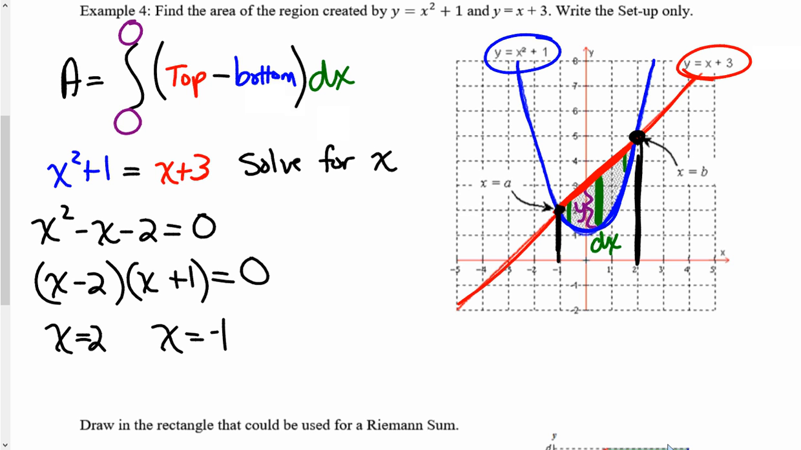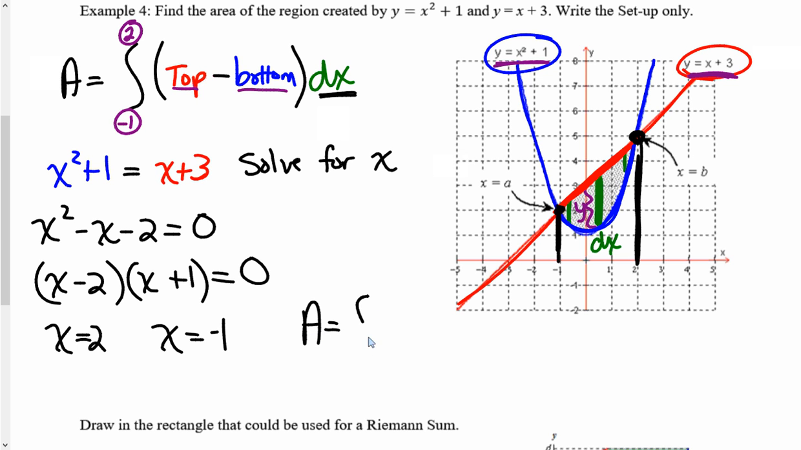So now I am able to plug in my bounds, and again, I had already decided that these bounds here and here in purple should be x values. I know that by the dx that's right here. So my lower bound is going to be -1, and my upper bound is going to be 2, and I know that my top curve, my red, is x plus 3, and my bottom curve in blue is x squared plus 1. So I should be able to write